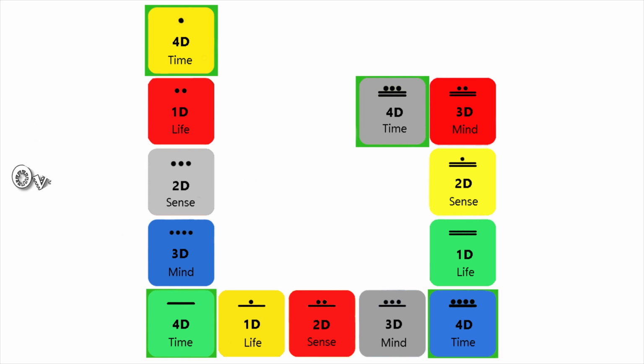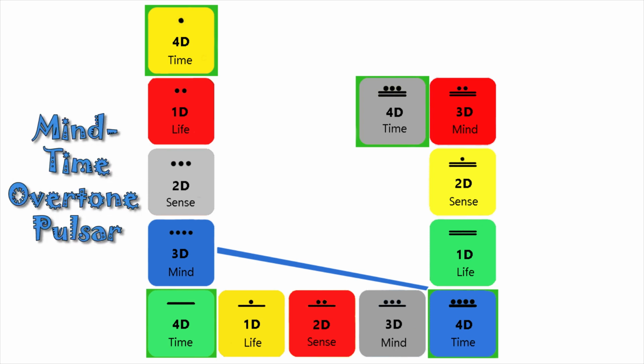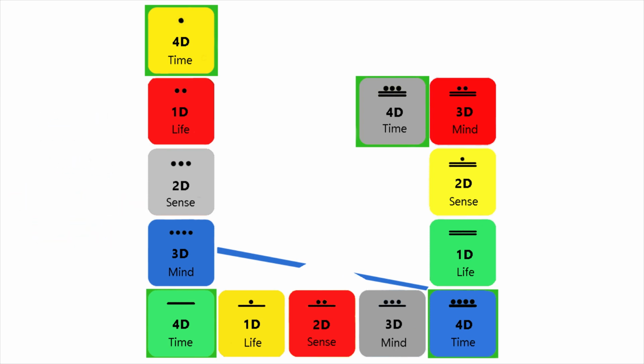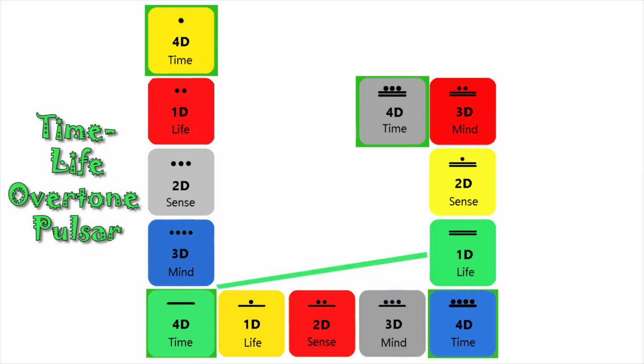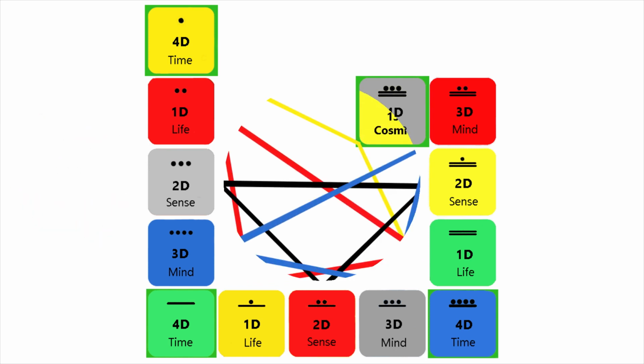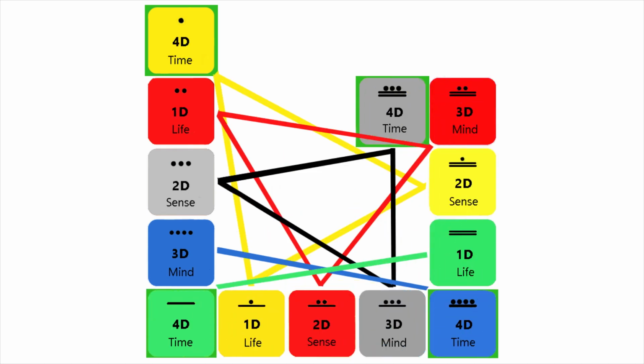Then we move towards the fourth overtone pulsar, connecting the lunar tones with the 4 dots, so that means self-existing and solar, and here we have the mind-time overtone pulsar. And finally, we have the fifth overtone pulsar connecting the bars, meaning the overtone and the planetary tones, creating the time-life overtone pulsar. So, while the 4-dimensional pulsars define the synchronically interconnected 4 dimensions, what the overtone pulsars add is